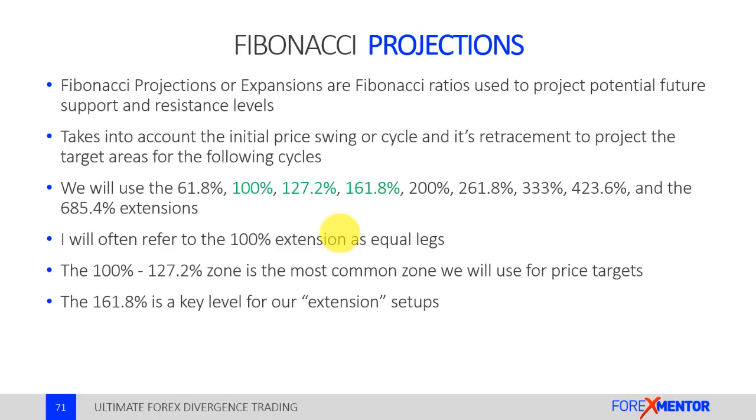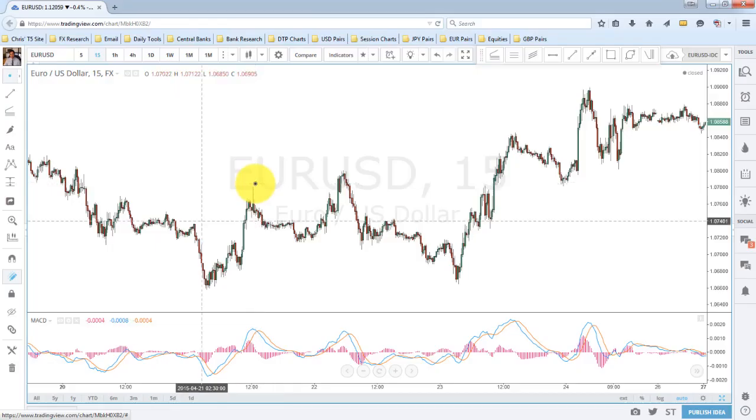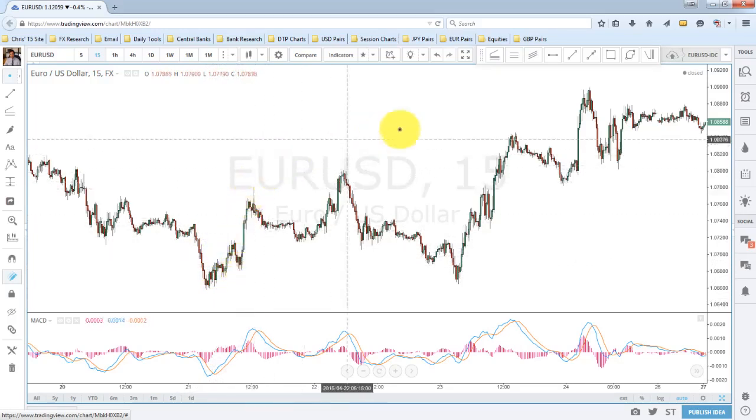Let's just go ahead and pull up a price chart and have a look here. Okay, so here's a 15-minute chart of the euro. And here we can see we have price rally, pull back, and then rally again. Now, for our projection tool, we're going to go ahead and use this right here. And on this platform it is called the trend-based fib extensions. All right, but these are actually projections